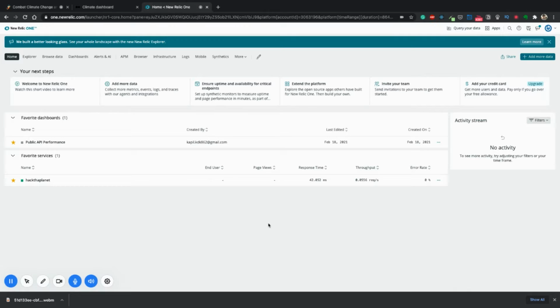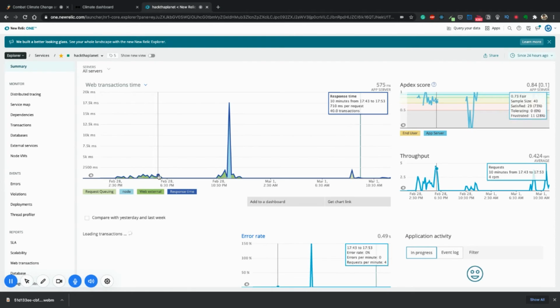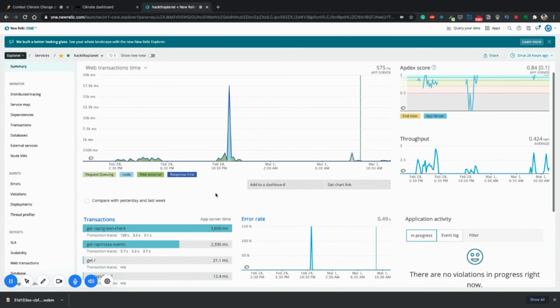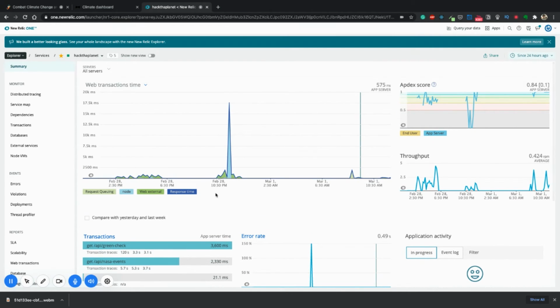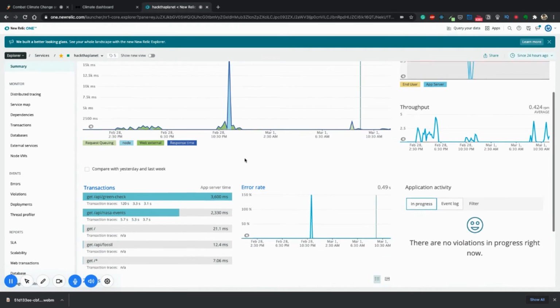So let me now explain a little bit about the New Relic side of things, and the configurations that I have made over the process of developing this app, and which I plan on keeping for the entire duration this site is live, in order to gain observability over the behavior of my application.